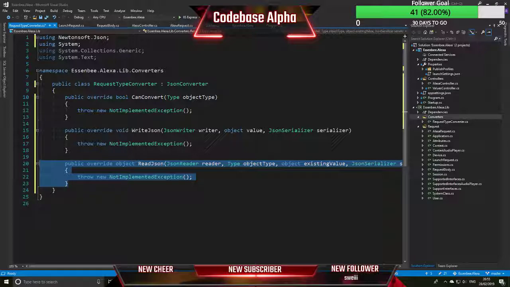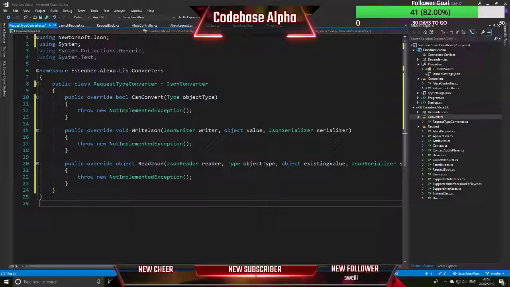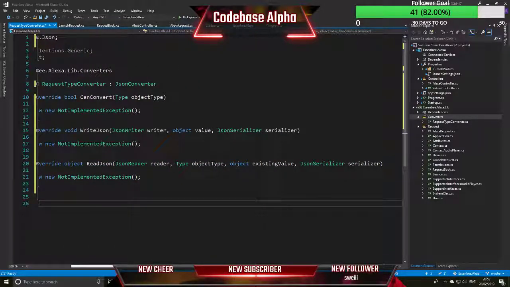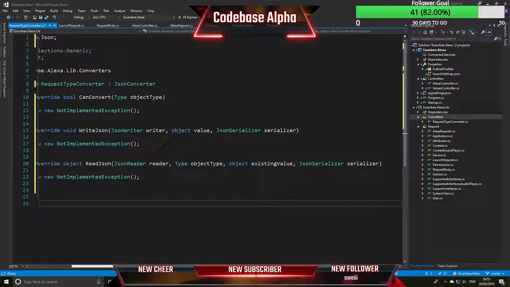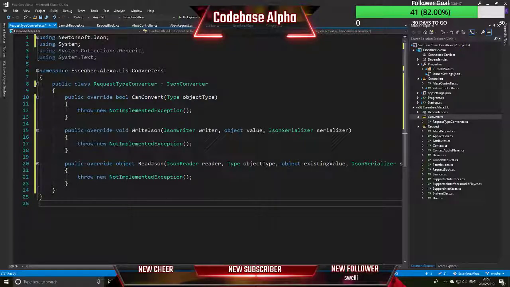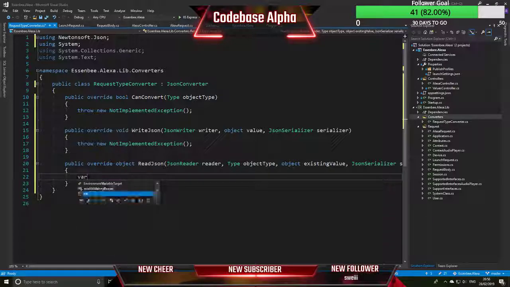So we're going to be getting our value coming in as an object, and we've got this JSON reader here, so we should be able to pull our object out of that reader. So let's create a variable and call it JSON object,